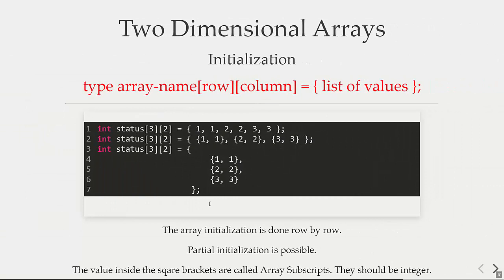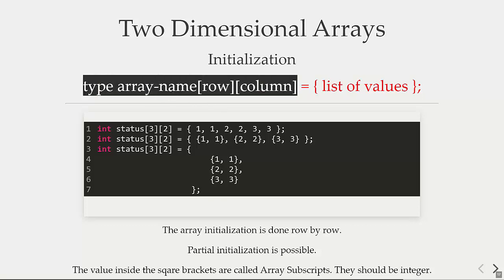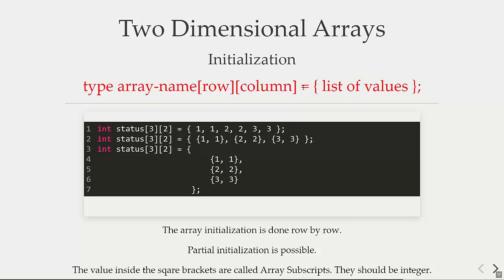Okay, so now let us see how to initialize these arrays, that is, two-dimensional arrays. It is the same as the previous one. It is basically the declaration. This part is the declaration, and this is the assignment operator, and then in the curly braces you just provide the list of values separated by commas. So this is one example. I have given you the same thing in three different versions. All three versions are acceptable, and I would personally prefer the last one, the third method,